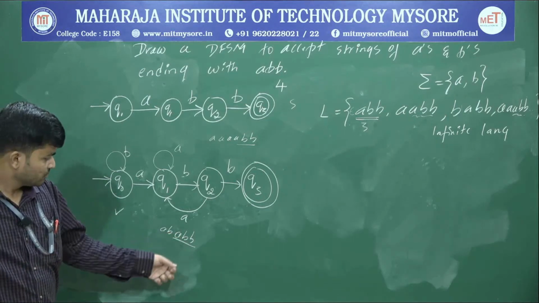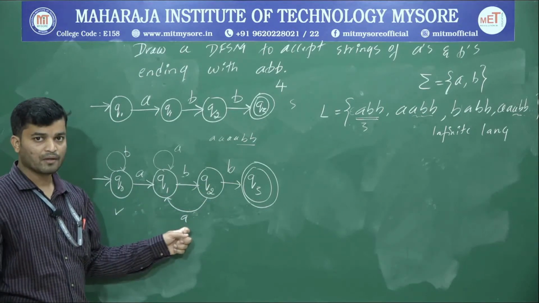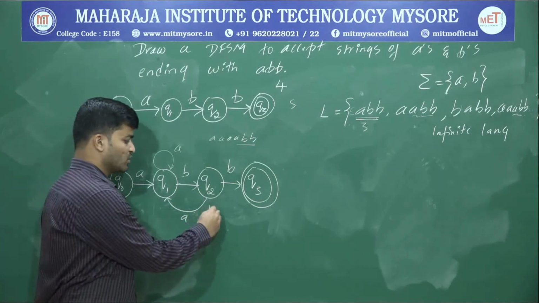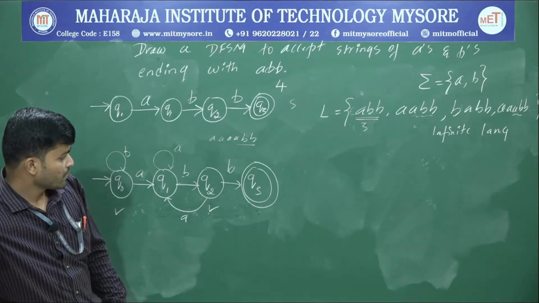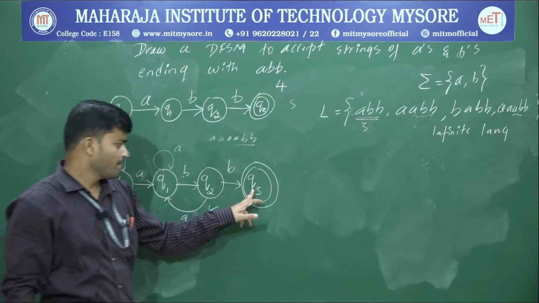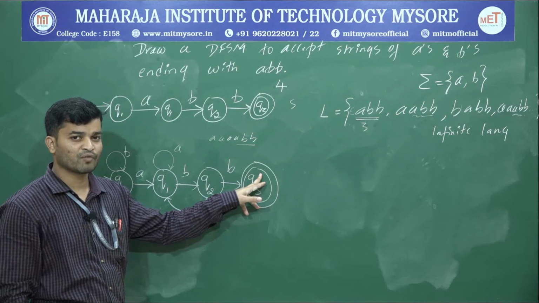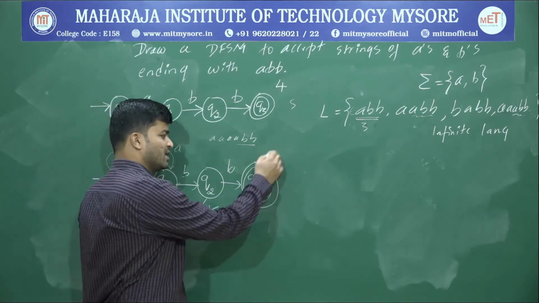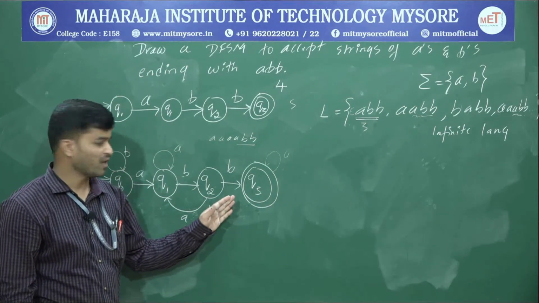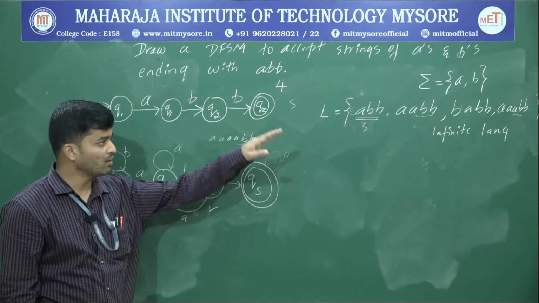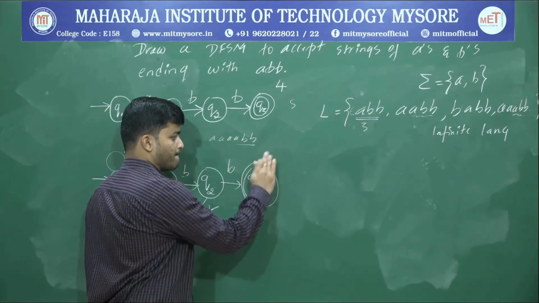Okay. Now observe that Q2 has a path for B and a path for A. Therefore, Q2 is also over. Now go to Q3. So Q3 upon A. What's the first option? Loop. If I go with a loop, what will happen? I'll get n number of A's. That will not become a valid option. Why? Because the string will end with A, and our requirement is that it should end with A, B, B. Okay, loop is not a valid option.